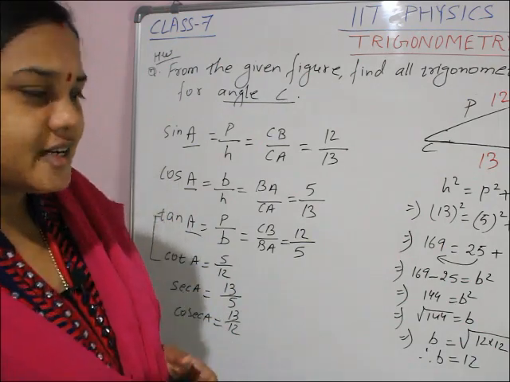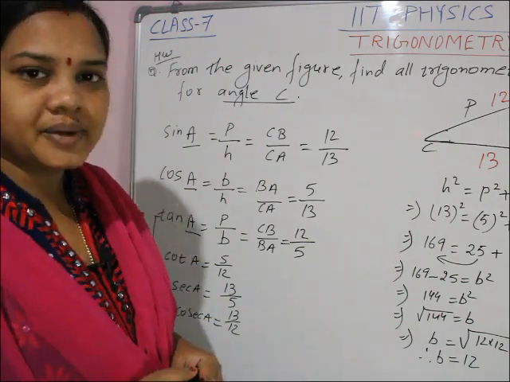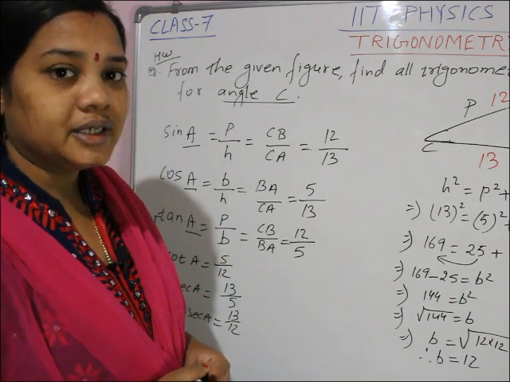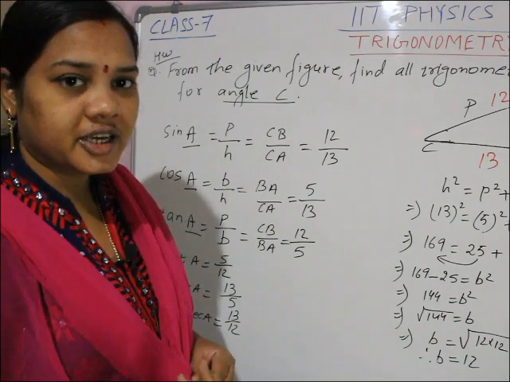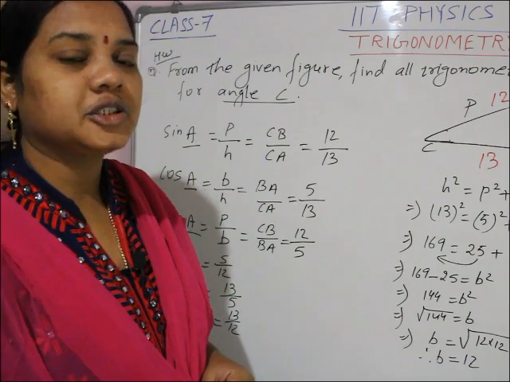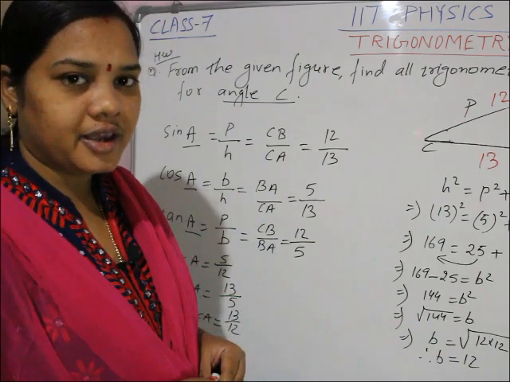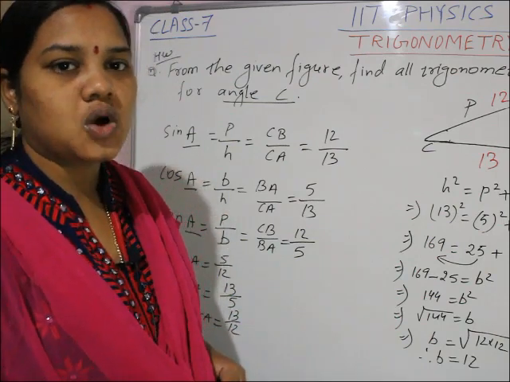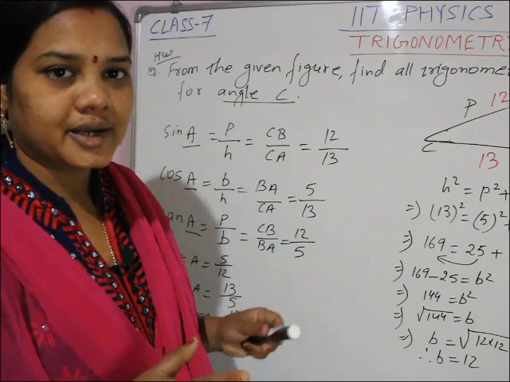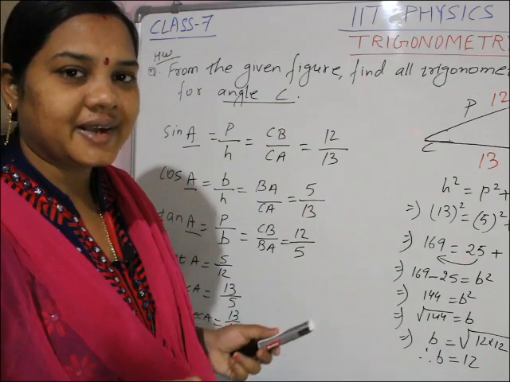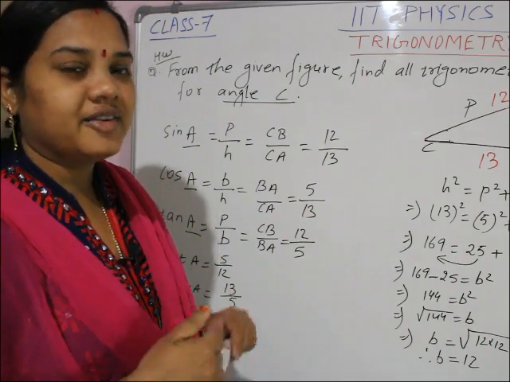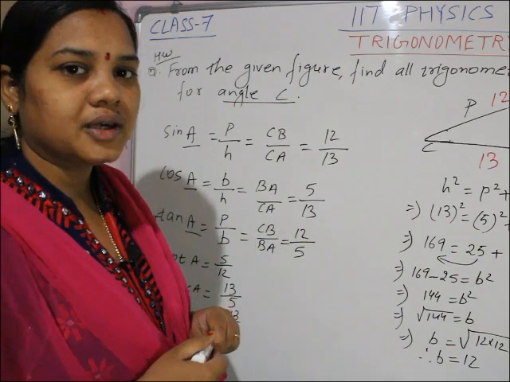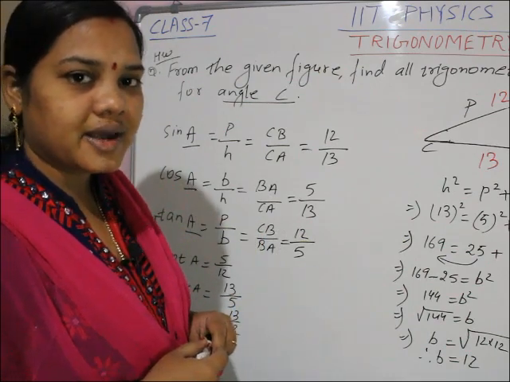Today we discussed trigonometric ratios again, and we saw how the trigonometric ratios change if the angle of reference changes. Based on that, I will give you a question. Please try that sum. When you try and make a mistake, and then see how I am doing it, you can find out your mistake and correct it.